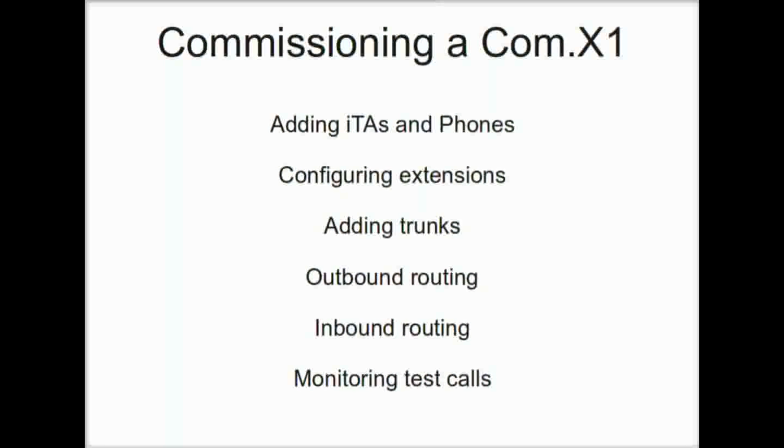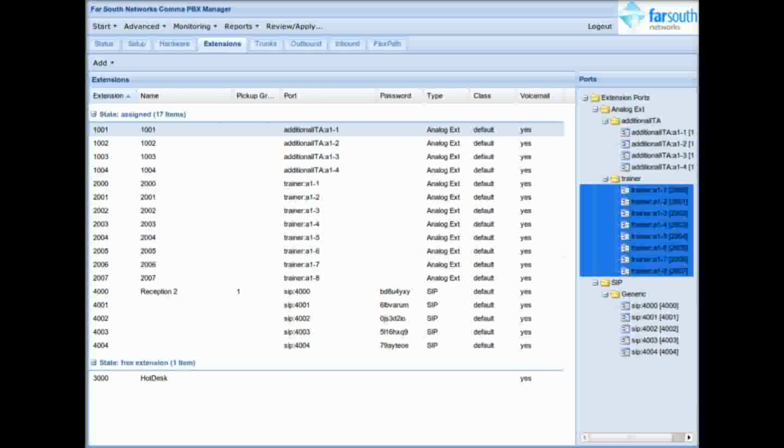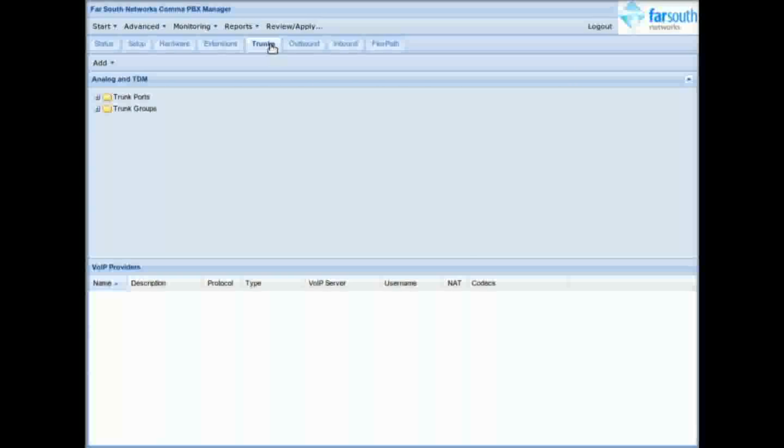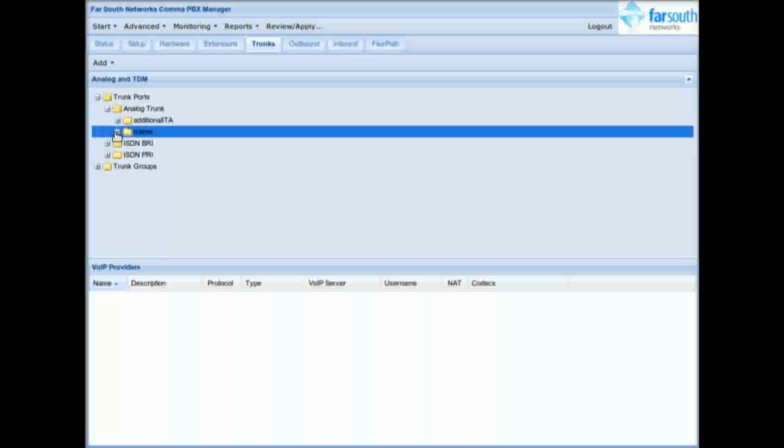This tutorial forms part 2 of the Com.X commissioning tutorial and proceeds from the configuration detailed in the first part. In order to place a call, there needs to be a trunk to some telco provider, be it SIP or traditional, and moving from the extensions panel to the trunks panel, we show existing trunk ports for the devices that